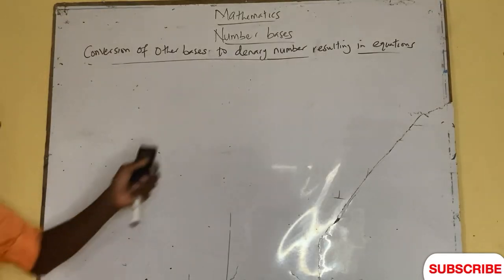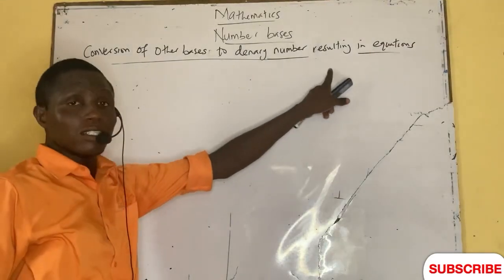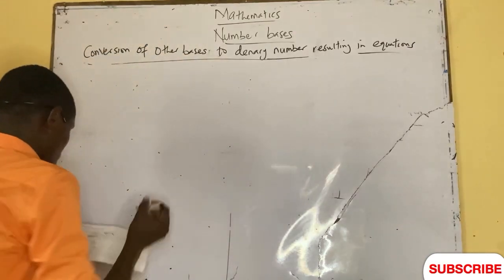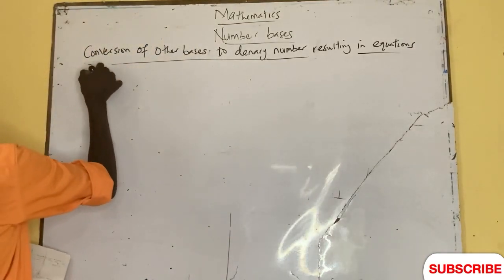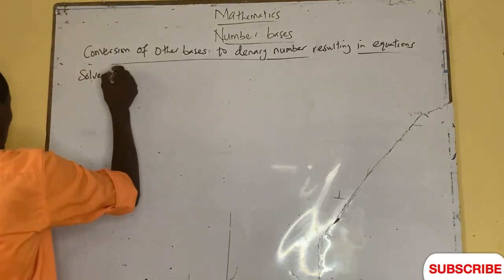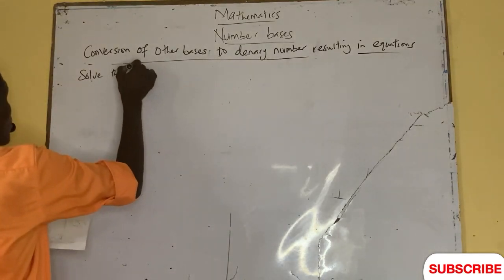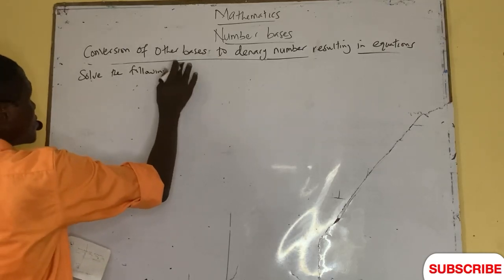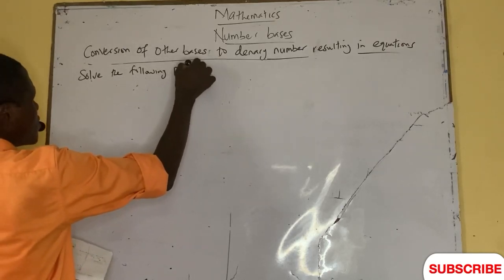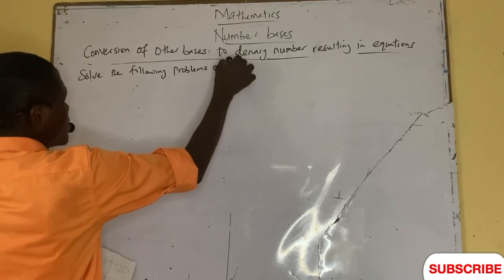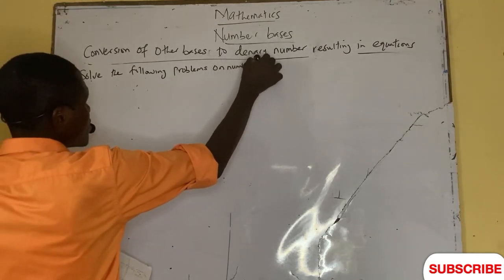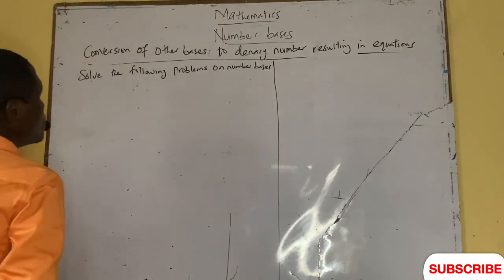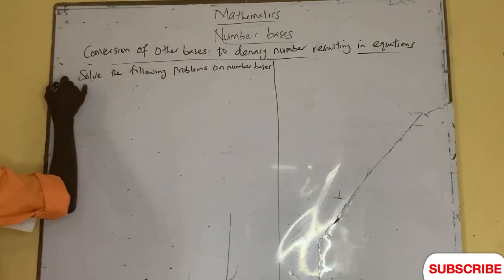Conversion of other bases to binary numbers. In the question, let's quickly go to examples before us. It says, solve the following problems on number bases. Number one, we have